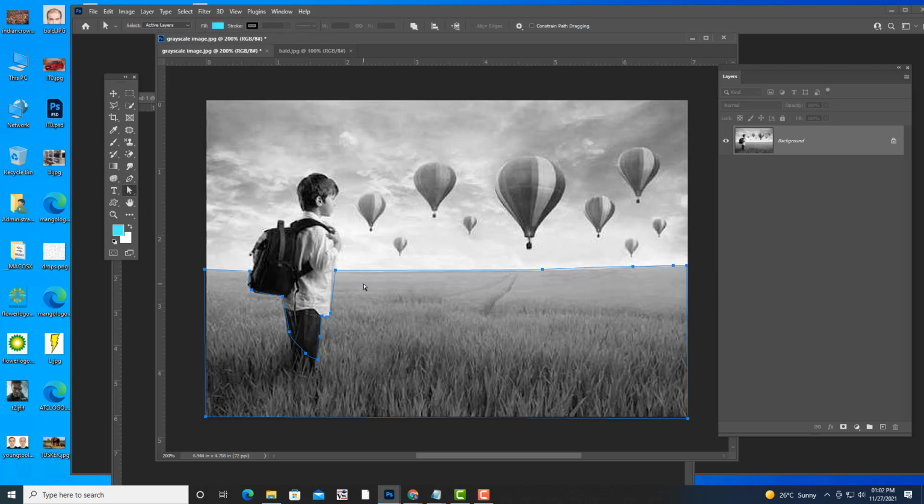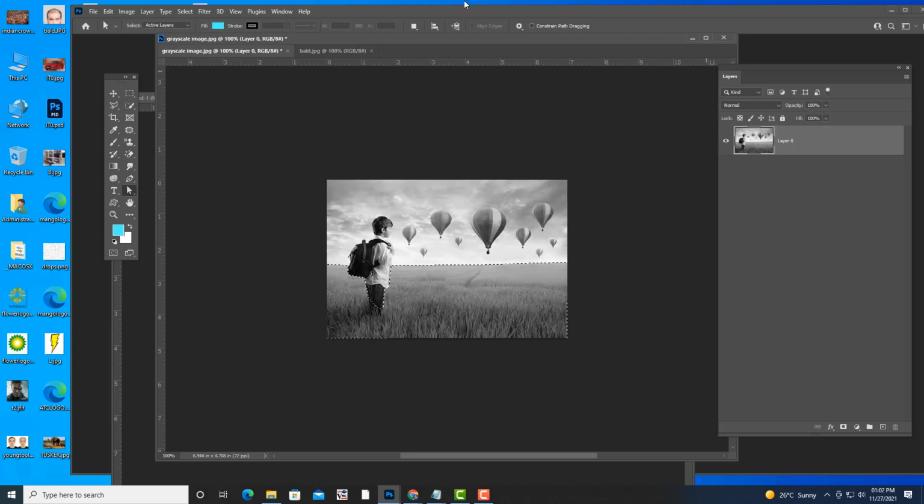Right. So now Ctrl+Enter. See, I have not taken a new layer here. I am not taking a new layer.